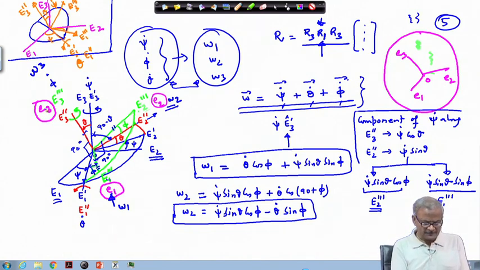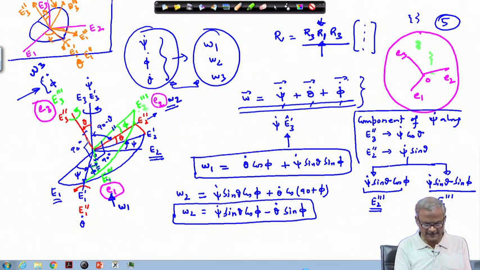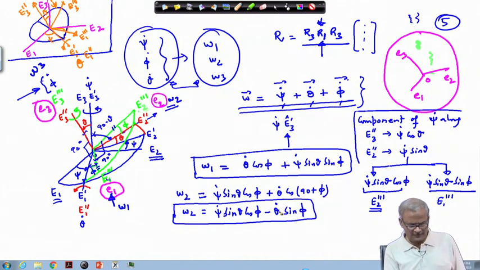Check that the omega 3 is along this direction and phi dot is along this direction. So, this line is perpendicular to this particular line. This is perpendicular to this also, because the last rotation you have given about this. So, this is perpendicular to this red line and also to this green line. Okay. Therefore, phi dot will not have any component either along this red line or along this green line. Okay. Therefore, there is no contribution from this phi dot.